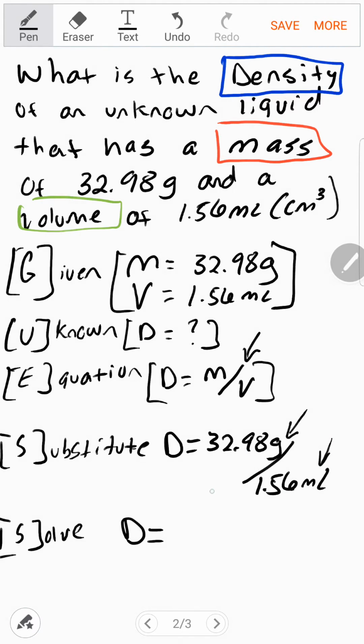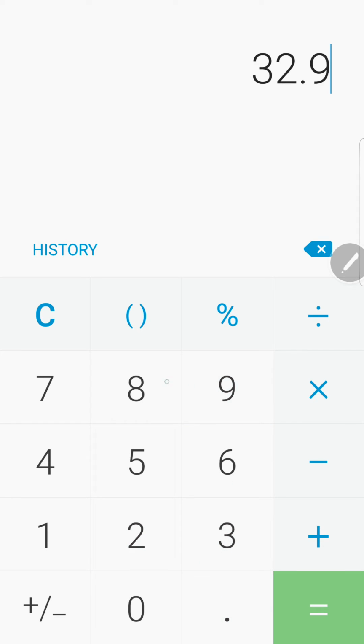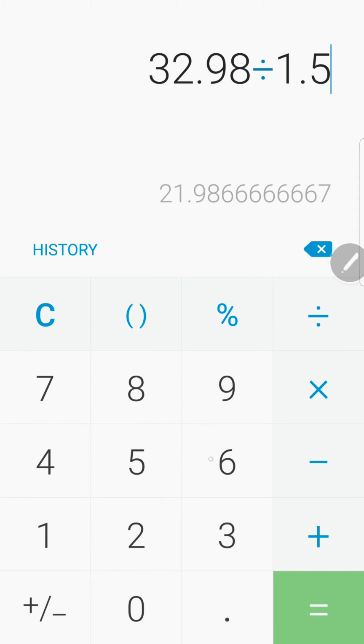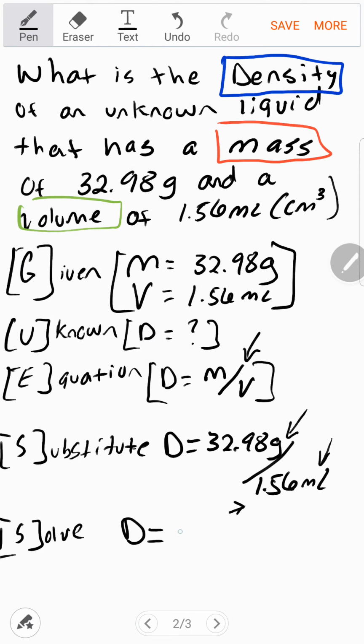And so when I divide this, what I'm really saying is 1.56 divided by 1.56. That's going to get me a 1. And I don't need to write that down because it's understood to be 1. Anything by itself is understood to be over 1. And I'm also dividing 32.98 by 1.56. So let's go put that in the calculator. 32.98 divided by 1.56. It's going to give me 21.14. So D equals